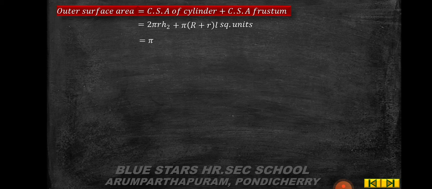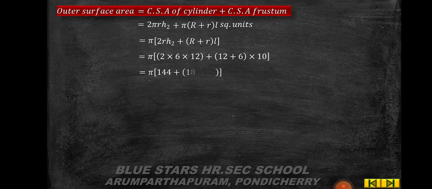We are taking pi common out, so pi into (2 r H2 plus (capital R plus r) into L), which is equal to pi into (2 into 6 into 12 plus (12 plus 6) into 10), which is equal to pi into (144 plus 18 into 10), which is equal to pi into (144 plus 180), which is equal to 22 by 7 into 324, which is equal to 22 into 324 is